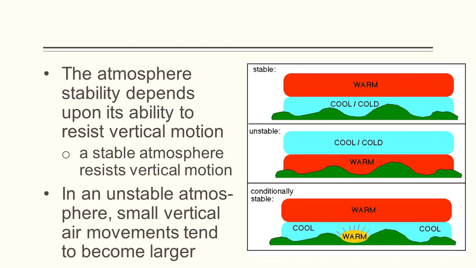Atmosphere stability depends upon its ability to resist the movement of air up or down through the atmosphere. When the air is warmer at higher altitudes and cooler at lower altitudes, the atmosphere is stable. This is due to the tendency of warmer air to rise and cooler air to sink. Since the warm air has already risen and the cooler air sunk, there is little to no air movement, leaving